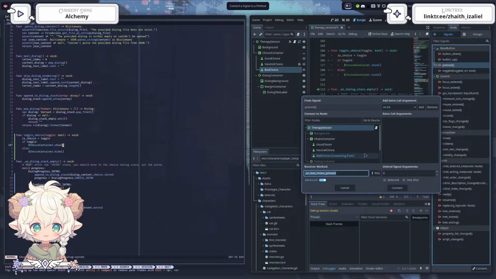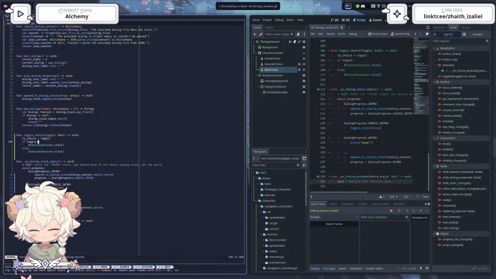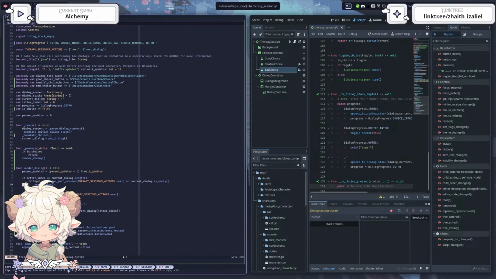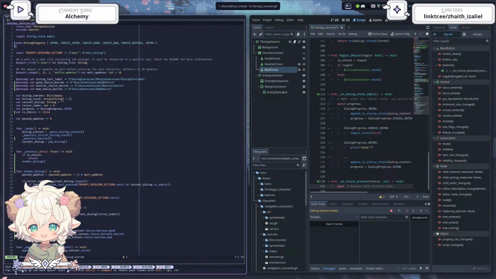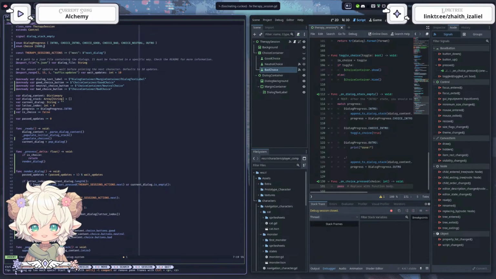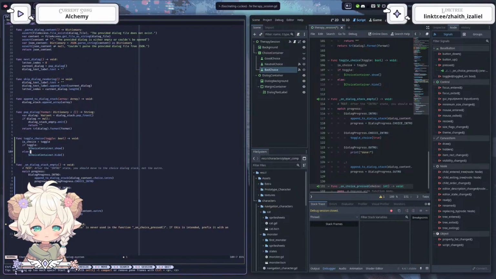And then I want to do the same here. Add, you can't rename them, it's fine. And so I want that to be on choice pressed, one shot connect. Oh, okay. So now if we reload, we have the on choice connect. We're gonna remove that and call that choice. And we want to have the good value, which is enum choice, which will be good, neutral, and bad in this order. Otherwise, it doesn't work. So now